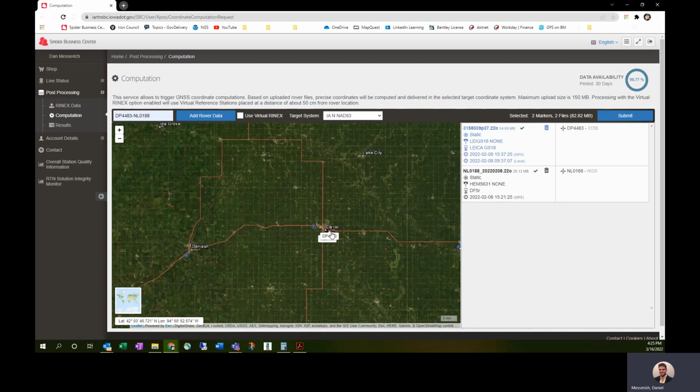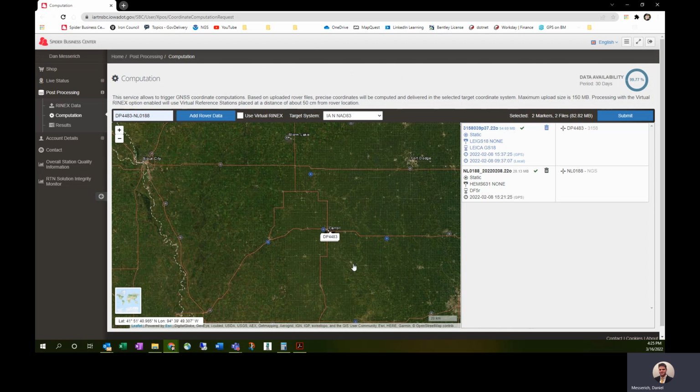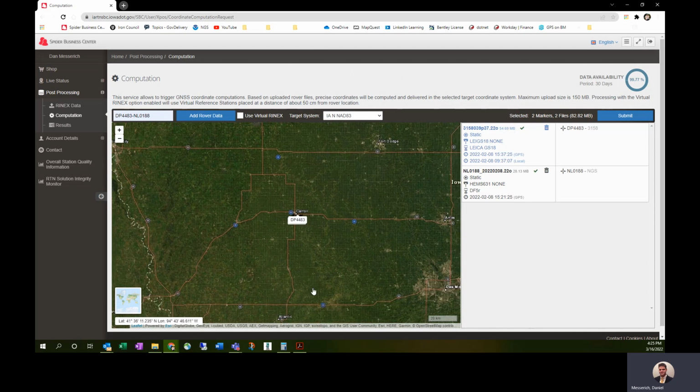One thing I want you to keep an eye on is the reference stations. We have 5 reference stations from the RTN being used in the computations. I'm going to also submit the same file in OPUS, and you'll see there'll be fewer files, and they'll also be further away. The baselines will be a lot longer from this point. I'll go over that here in a little bit, but for now, let's go up and select the target system